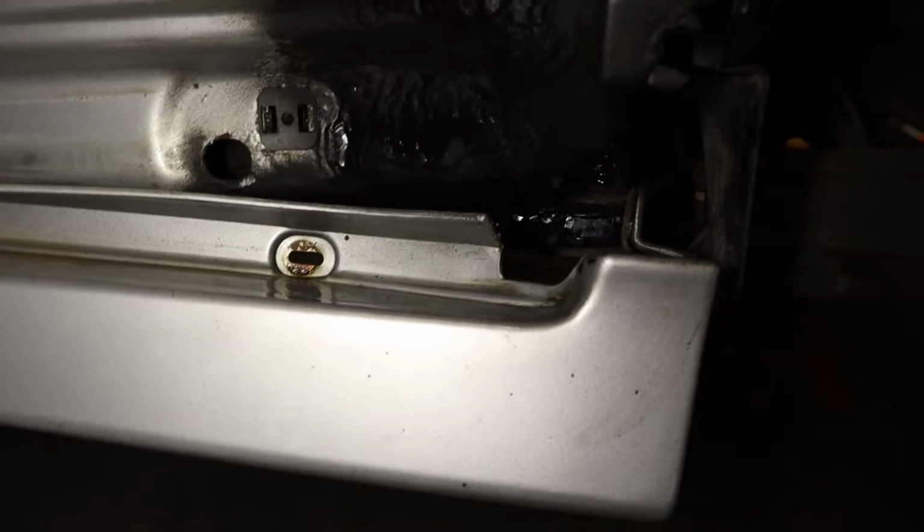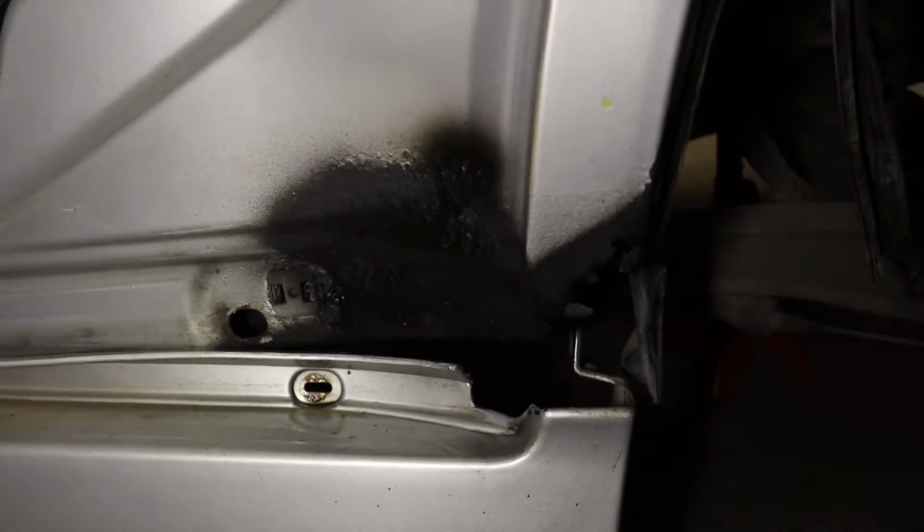I know it's not the correct way to do this job, but I think for a car that's only worth